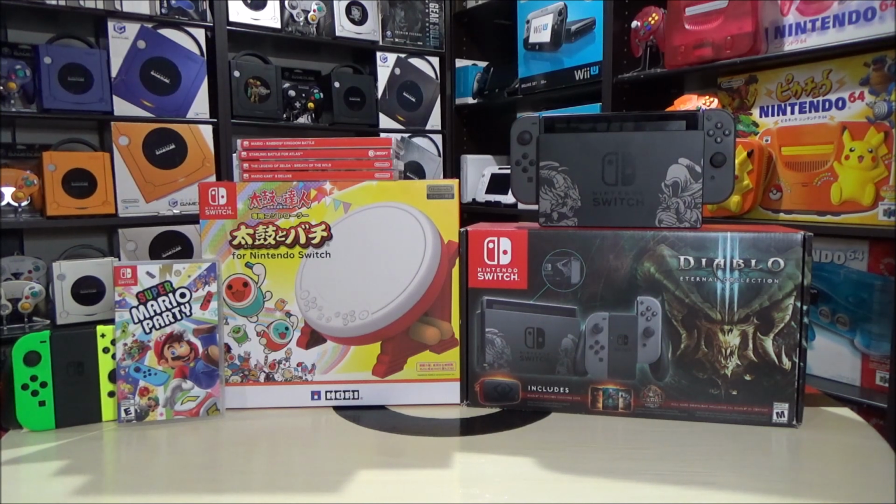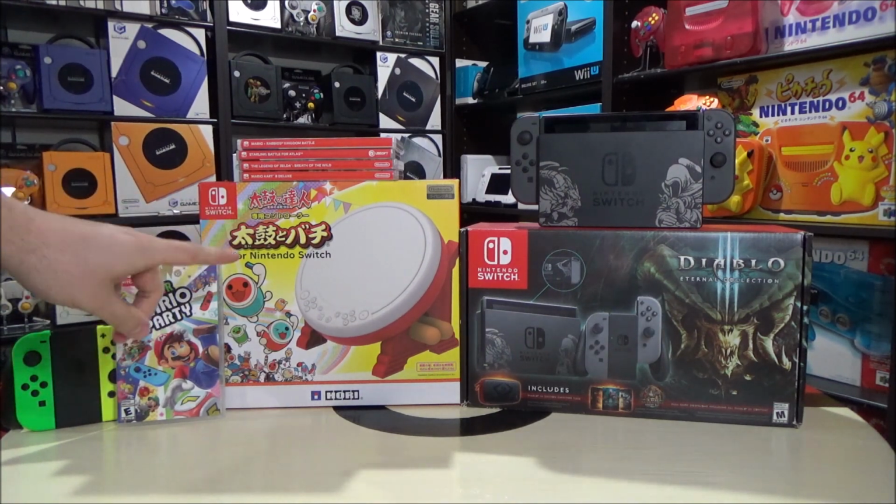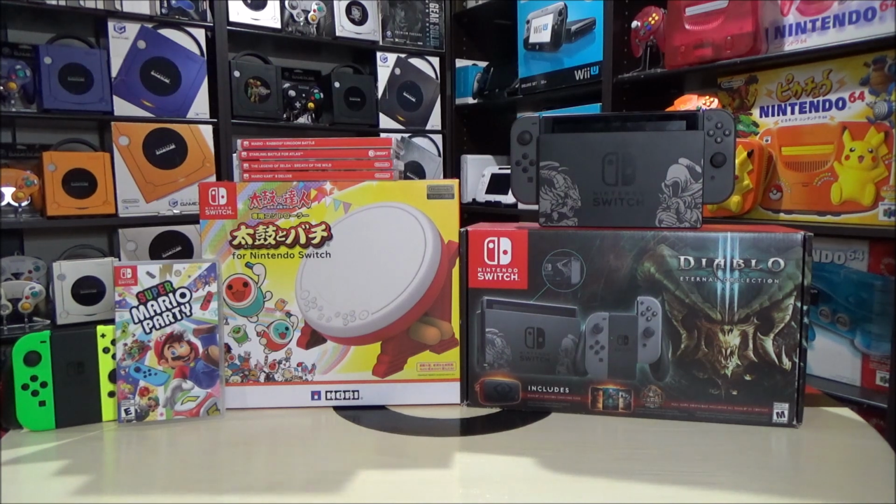There's so many people now into collecting, but I'm really happy I was able to pick this up, and it's over $1,000, and I only paid 350 bucks, so I really feel like I'm going to come out ahead. If I don't want to keep this drum, I can sell that, gain a bit of the money back. I can sell the games. I'm not quite going to break even if I do that, but it's going to be pretty close, I think,